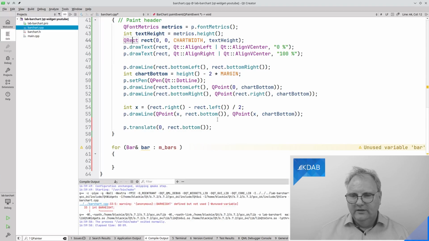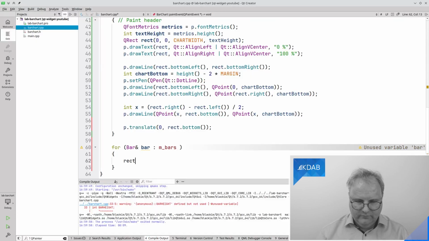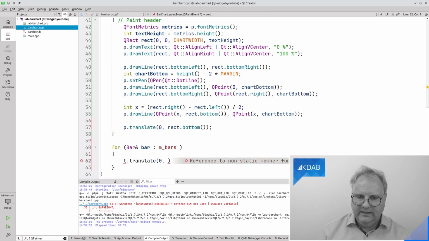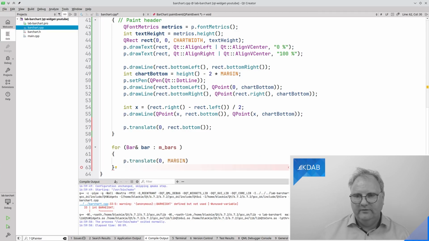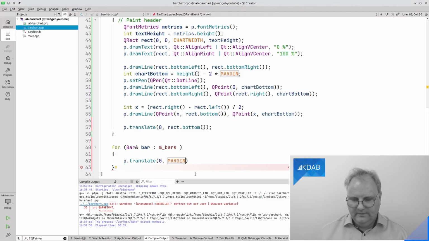I just got an attack of needing to do things entirely right, but you can fix up the code here afterwards just to make it look better. So now I translate it. Anyway, I translated, so this is 0,0 now, and I'll start out by saying p.translate. I'll translate my coordinates not in the x but down with margin, so that there is a margin space in between that line, and we'll start there, and once I'm done down here, then between there, and so on. There we are.